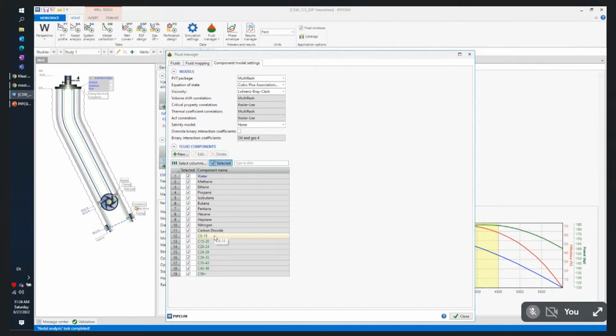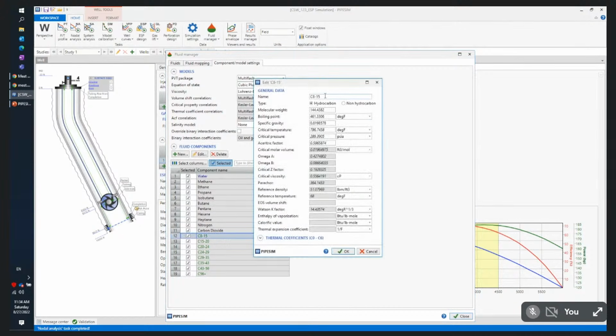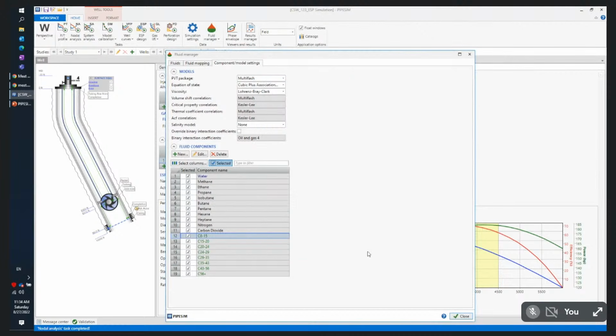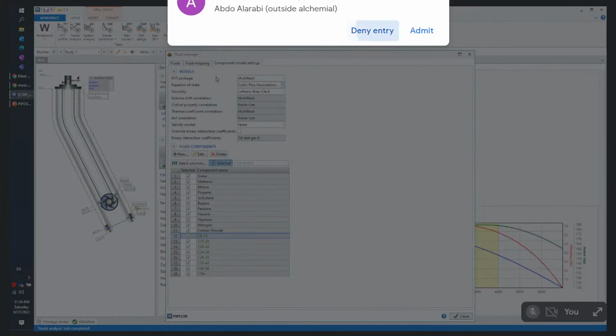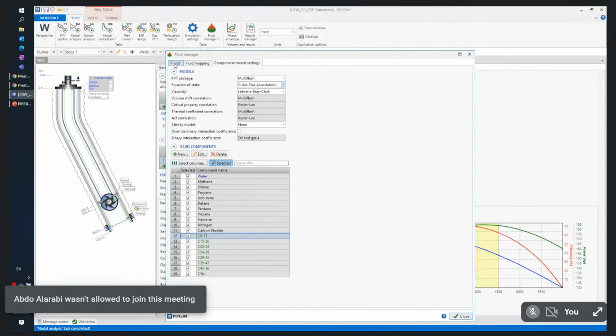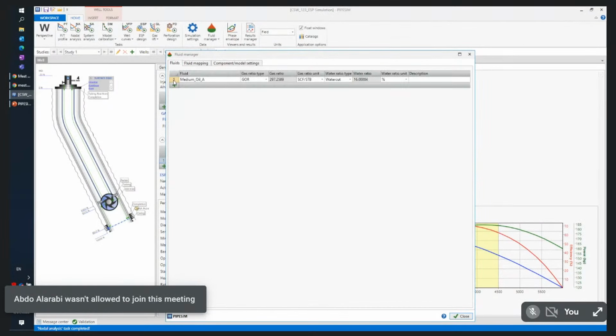If I double click on the user-defined components, these are the values that are created by the user, okay? By any user. And then these are the options. As you can see here, we have PVT packages: Multiflash, E300 and GERG. Symmetry fluid engine is coming this year. And then you have the equation of state and the viscosity model, okay? Once we are done with that, we can go to the fluid, and if I double click on this fluid row here,